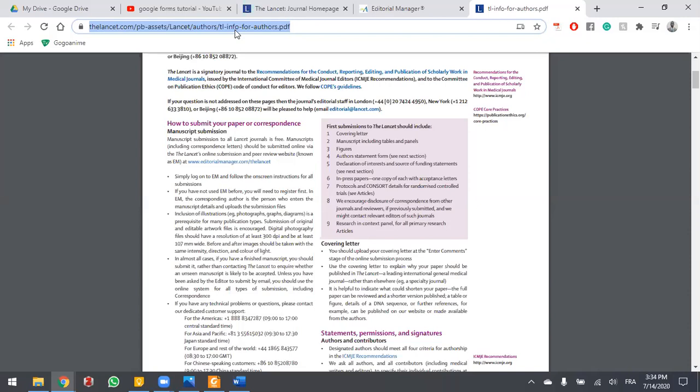So there's two ways. There's what we call a subscription-based service, and there's what we call an open access service. With a subscription-based service, you, the author, submit your article, it gets processed, it gets published, and you don't pay anything. But anybody trying to get access to the article has to pay. That is a subscription-based model.